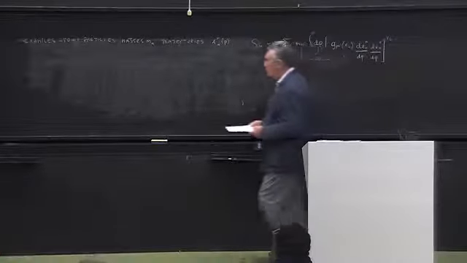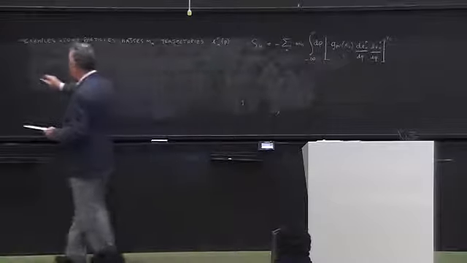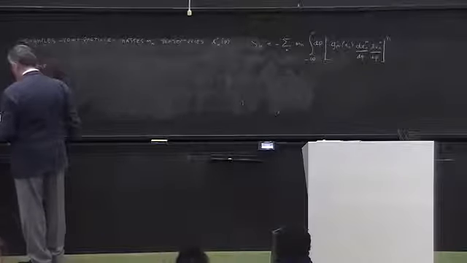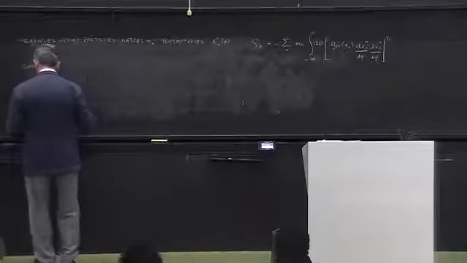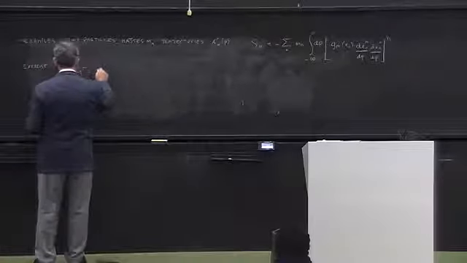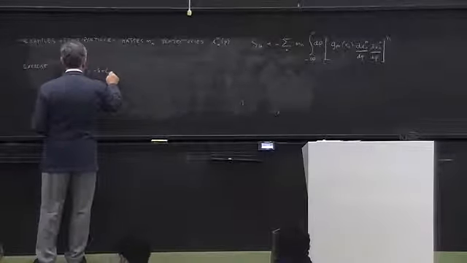And I will leave it as an exercise to show that the equations are G mu nu is minus 8 pi G T mu nu,